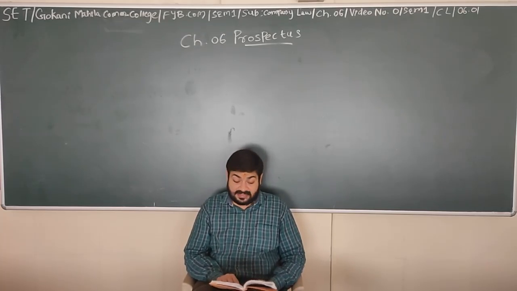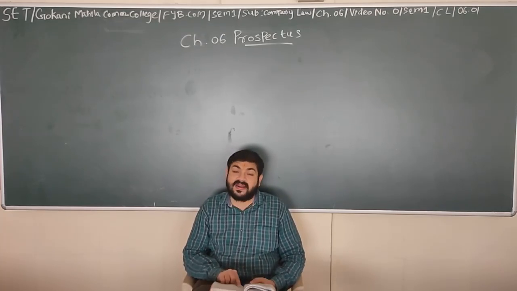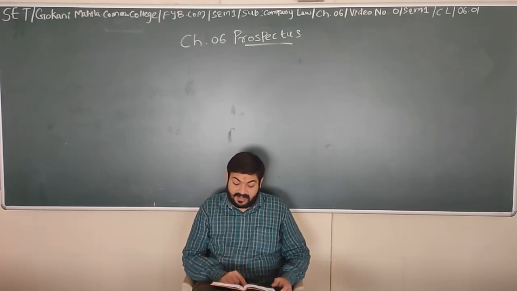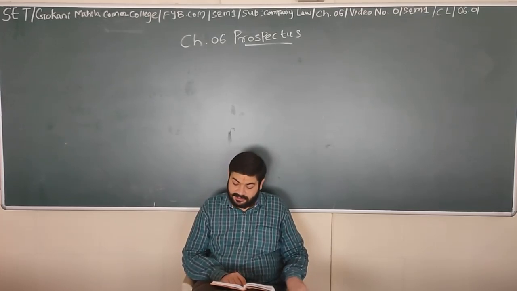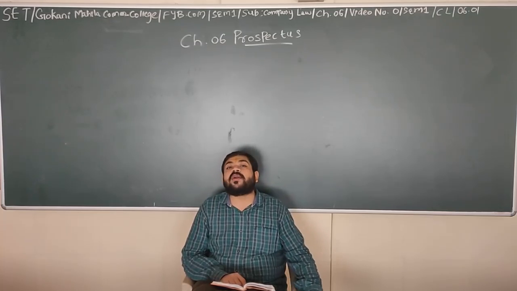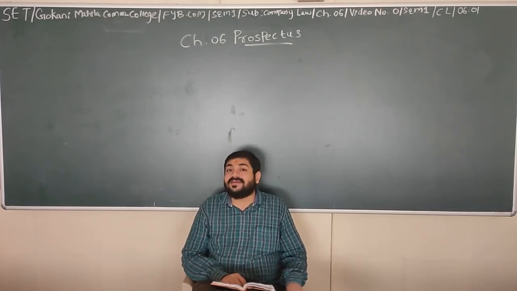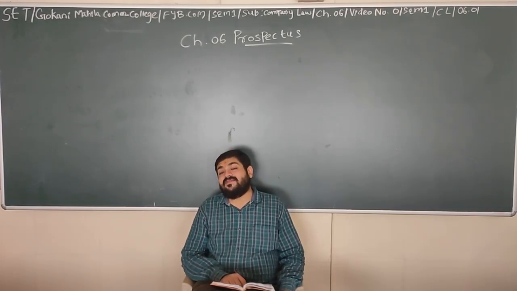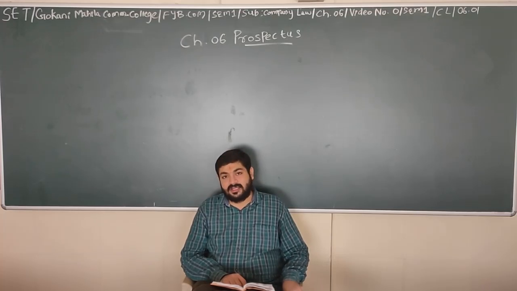So in the introduction, what they are saying is, after the registration of the company, a private company can immediately start its business, but a public company has to obtain the certificate of starting business, which we have seen in incorporation of company. In the procedure to be followed for obtaining the certificate for starting business, the prospectus becomes an important document, because a public company is going to take money in the form of share capital from the public.